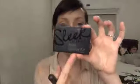So I'm just blending out any of the concealer with my brush then, just to make sure it blends into the foundation. So once I'm happy with that, I'm just going to go in and just do a little bit of contouring before I go onto the eyes. So I'm going to be using my Sleek Face Contour Kit just to add a bit of colour and dimension into the face, and this is in light, and I'm going to be using this brush here,